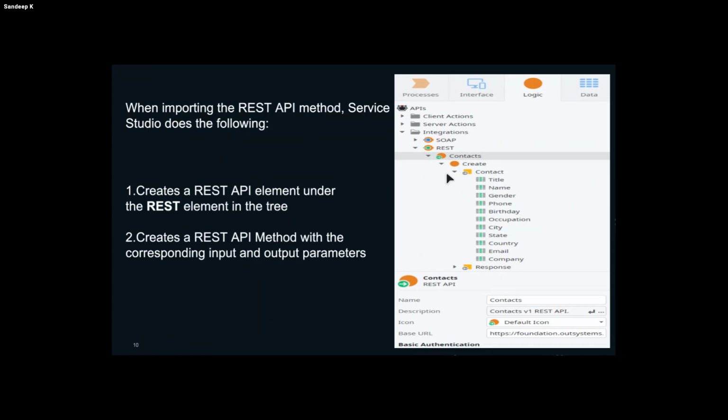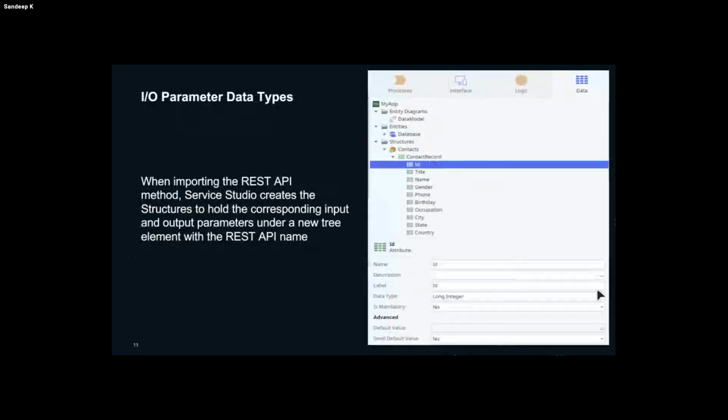Okay, so what will happen once you test and import a method inside your logical module? OutSystems by default will create request and response data types, called compound data structures. A developer doesn't need to create these data types manually, as they are automatically imported and created when you test and finish the method. This is also an out-of-the-box feature. Input and output parameter data types, again,